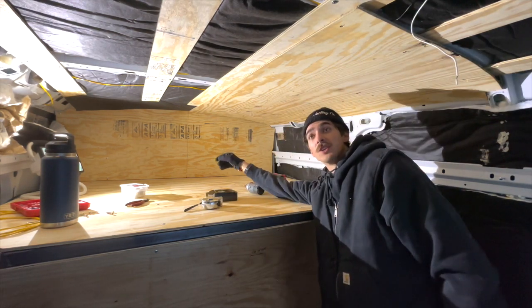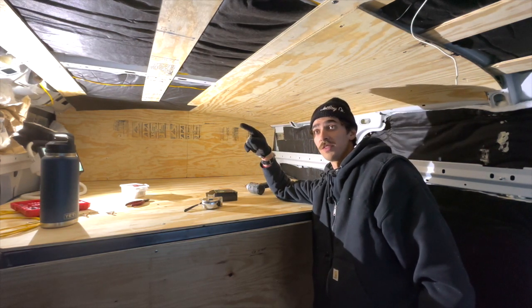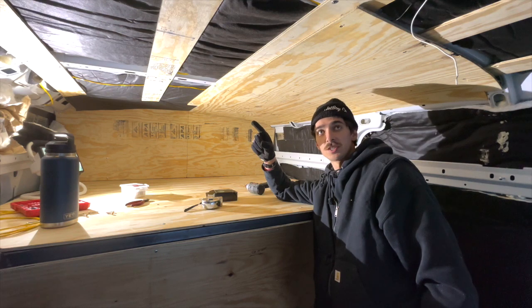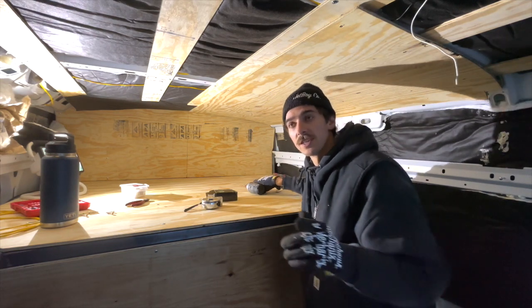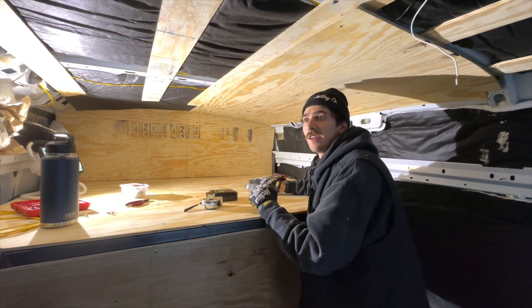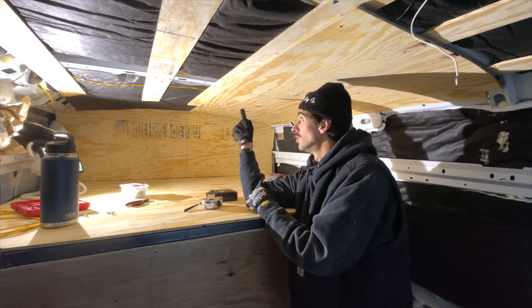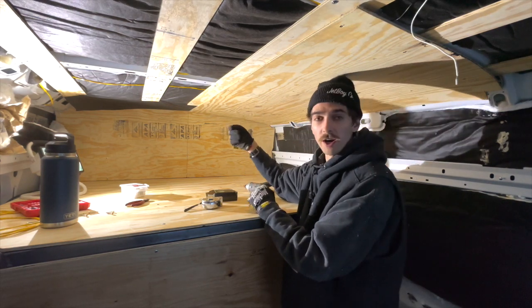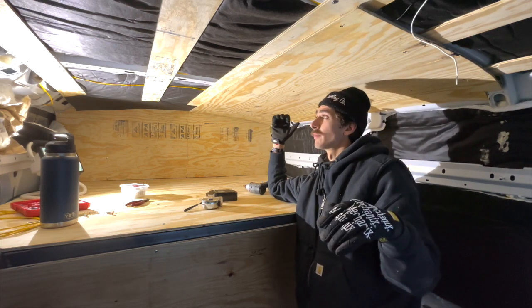So what I can do now is I'm going to measure the width of this and cut a board. So I'll probably cut a board at 70 inches because that one will be easy, and then cut it the width that I need it. And then from there, this is actually my light cable. So I need to put a little screw hole here with my drill so that I can fish the wire through, because what I'm going to do is after I get the ceiling done and in,